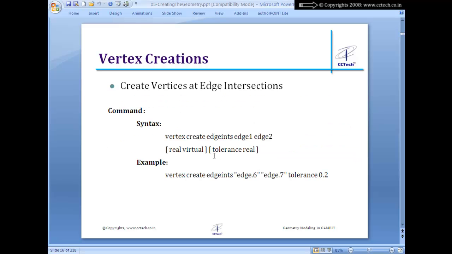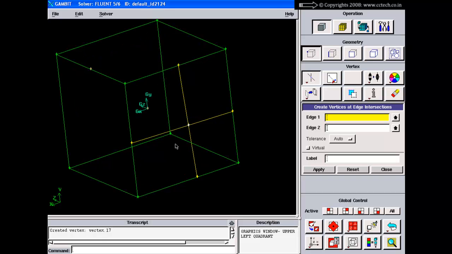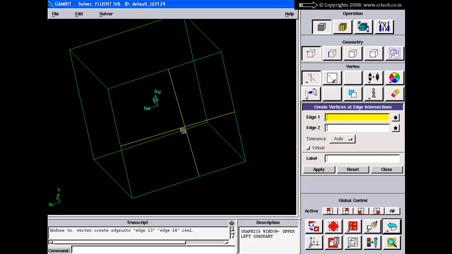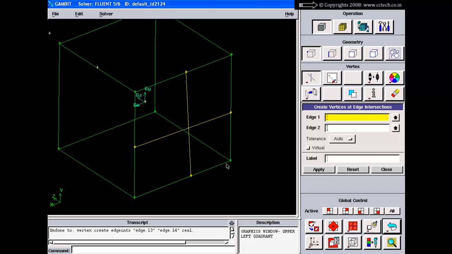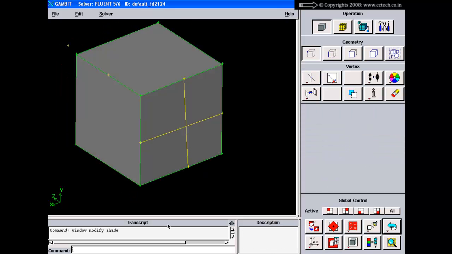So let's have a look at the different scenarios which we have discussed. This is first, it means you have edges which are perfectly intersecting with each other and there is only one intersection point. In this case you can create the vertex at this particular intersection. So this is the first case. Now let's create some